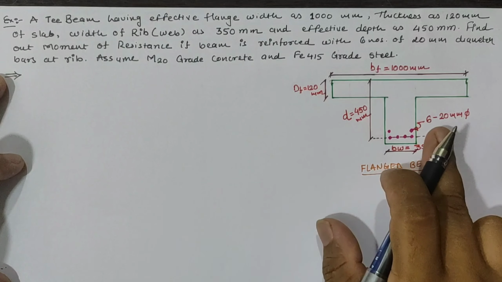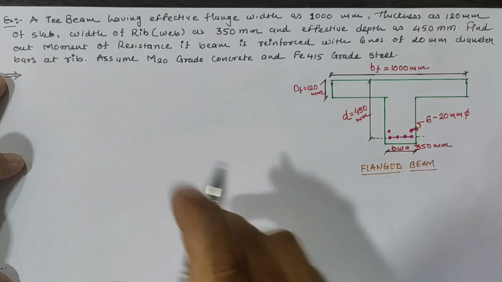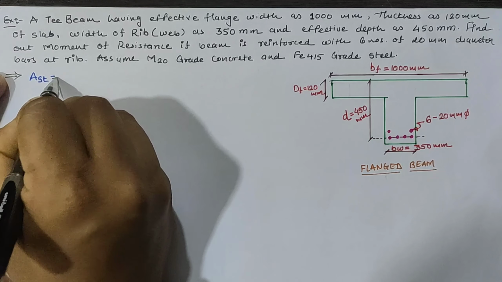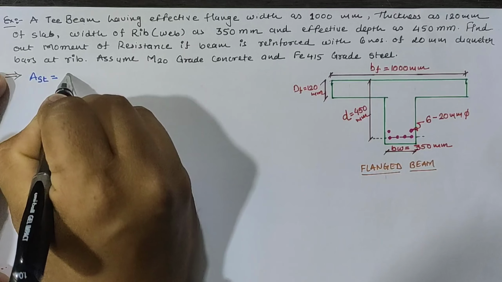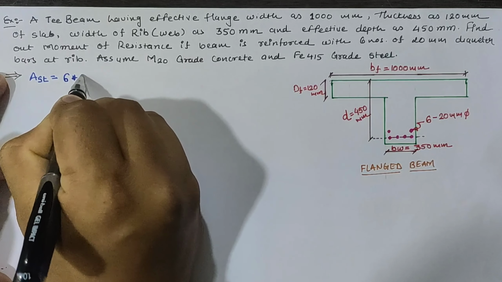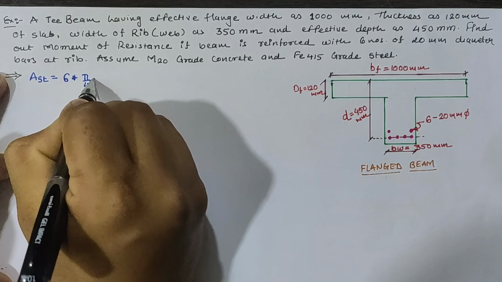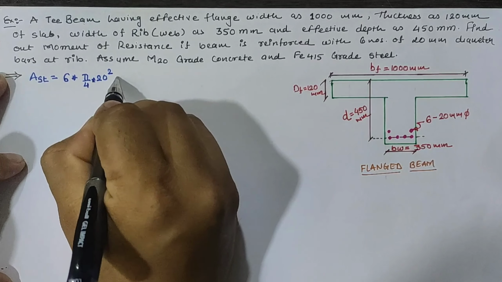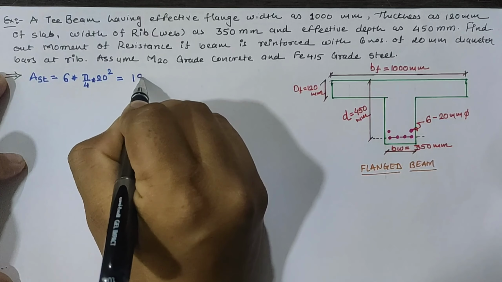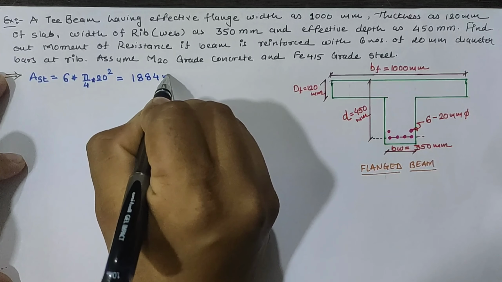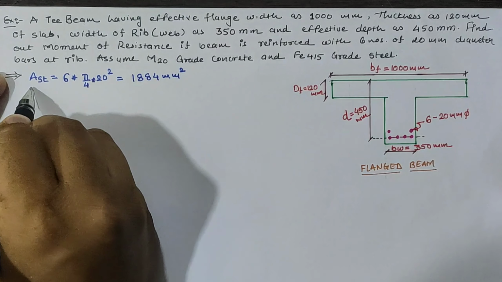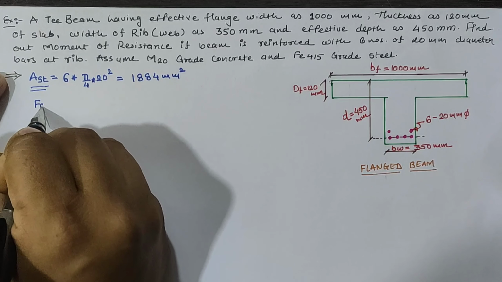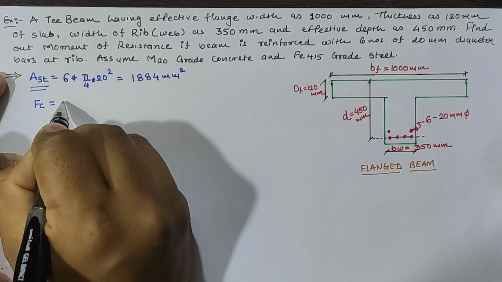First of all, from the reinforcement detailing, we have to calculate the area of steel provided in the beam, which is AST, 6 numbers of 20 mm dia bar. It means 6 times pi by 4 d square, and the value is 1884 mm square, which is the provided AST. Now force in compression zone FC can be calculated by